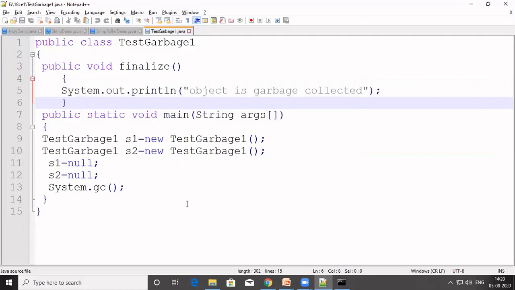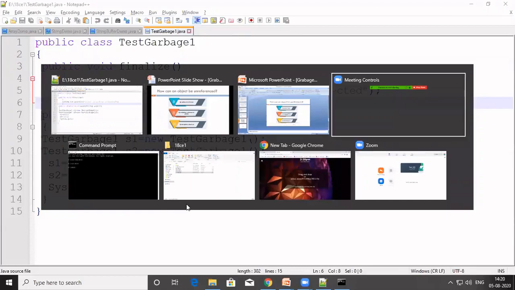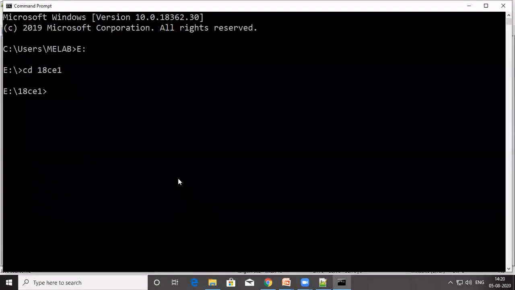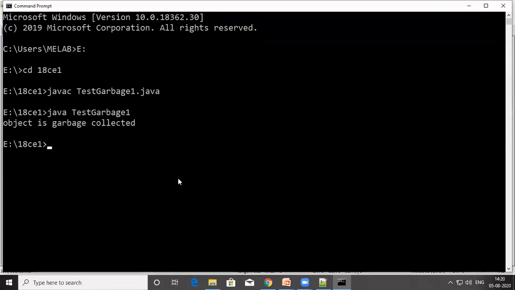Now we see the output of this program. First of all, we compile the program using the Java compiler, that is javac TestGarbage1.java. And then after we compile and run this program, see here the output is 'object is garbage collected'.